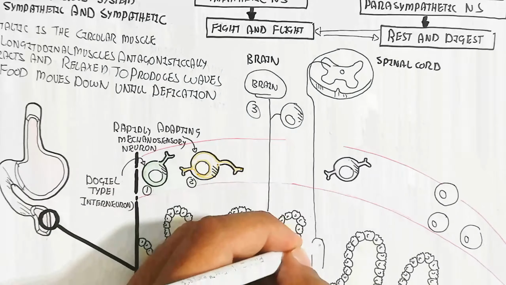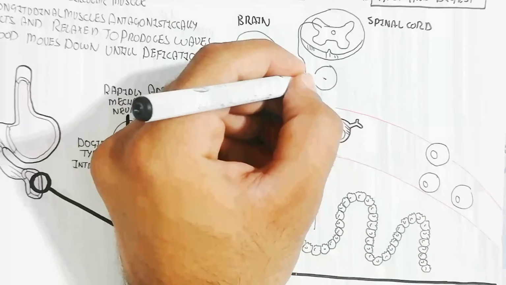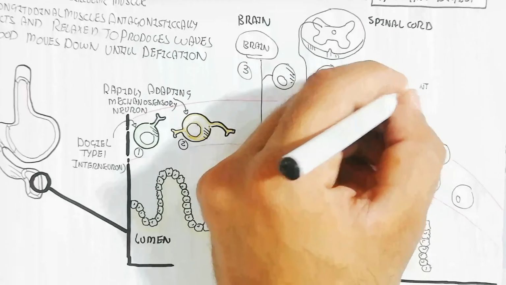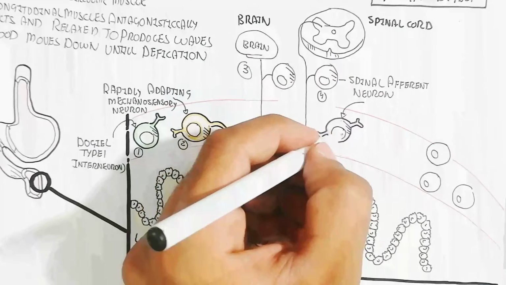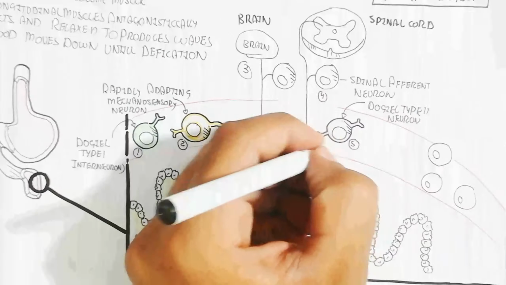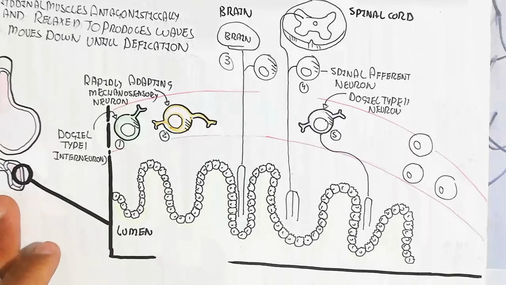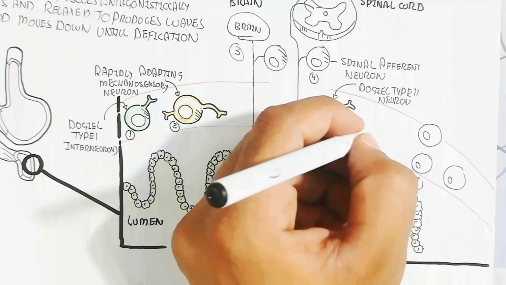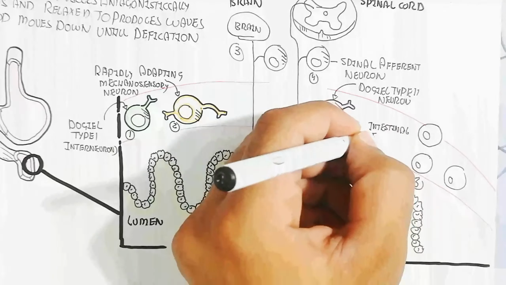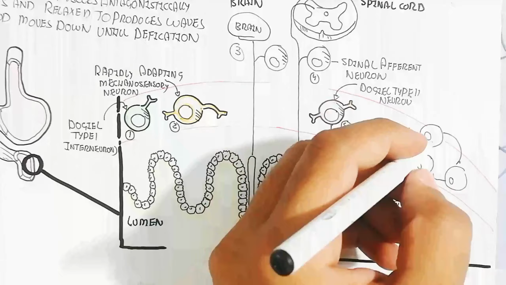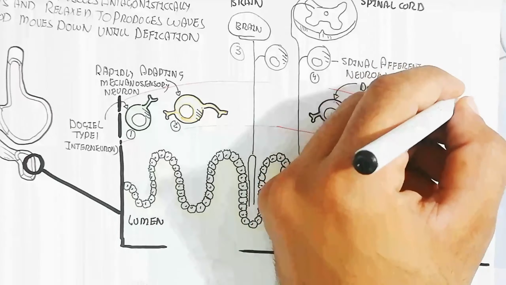Vagal nerves will target the distension for digestion, and in this way the movement will occur. The spinal afferent neurons are also important for giving the response, and the vagal nerve is the parasympathetic nerve, which will stimulate the peristaltic movement, and the dogiel type 2 neuron is also involved, and this is basically the